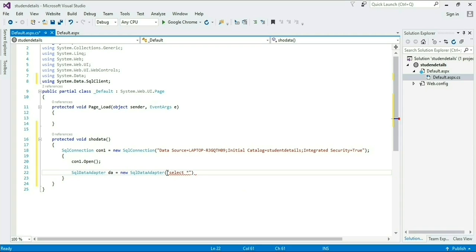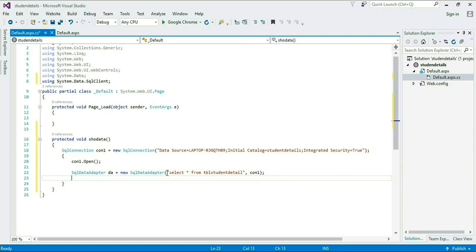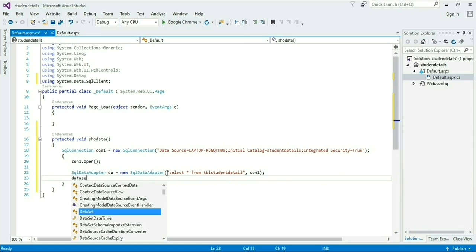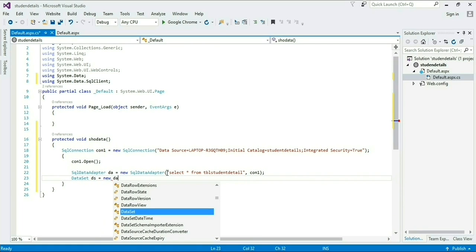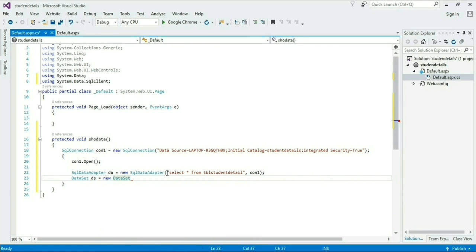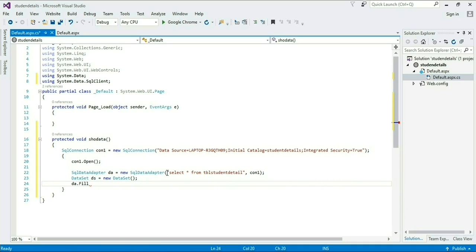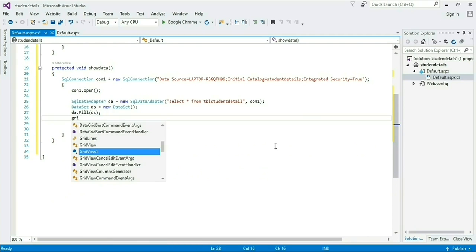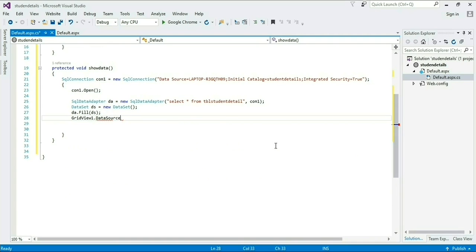Again I am giving the same query, select star from table tbl_student_detail, and again pass our connection object name con1. Now after that I am taking a data set and fill it by giving the data adapter object name, da.fill(ds). ds is our data set and da is our data adapter.